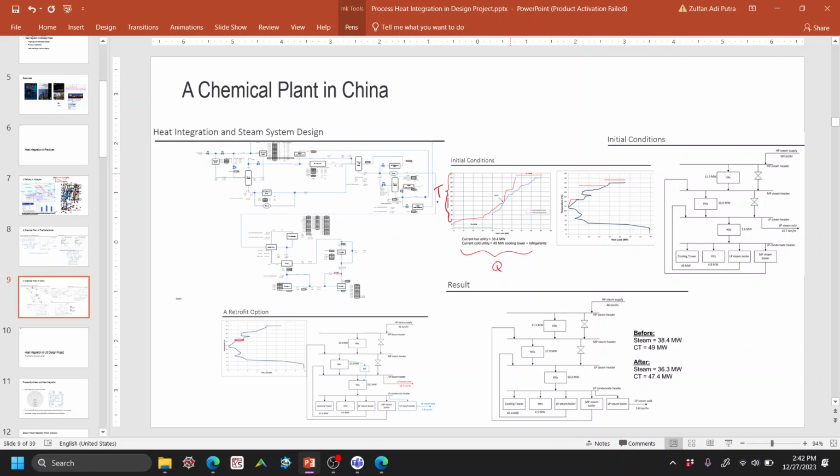But by doubling the plant, that means we are increasing this by roughly 2 times as well. So if we have this type of profile, this A megawatt, for example, and if we double the plant, most likely we will have 2 A's, right? So we have something like this for the hot stream, and then we may have something like